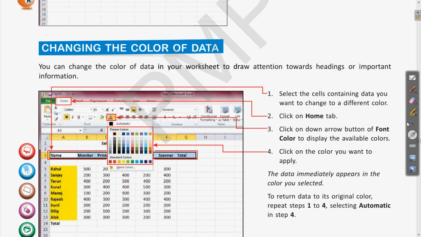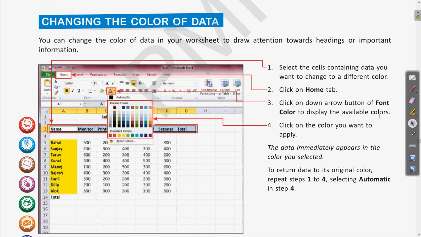This is used basically to make any text or values look different from the other values written in the worksheet, as well as if you want to write headings or some important information, for that also we can choose a different color.